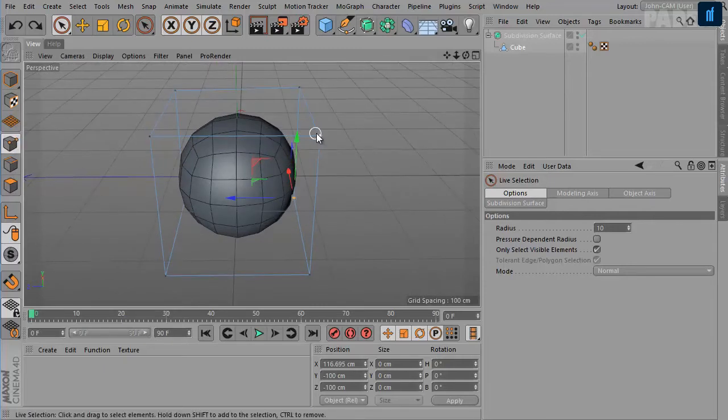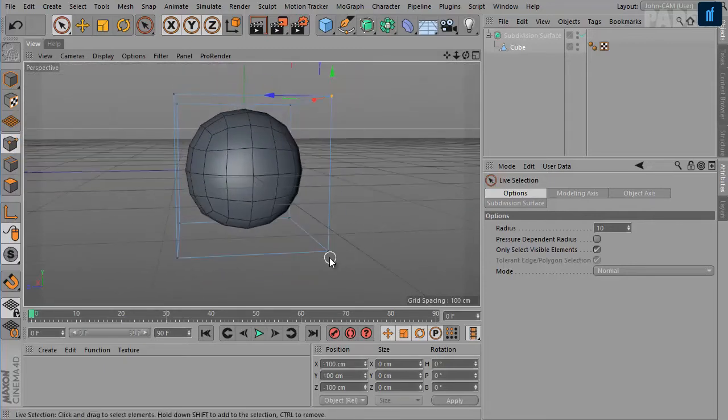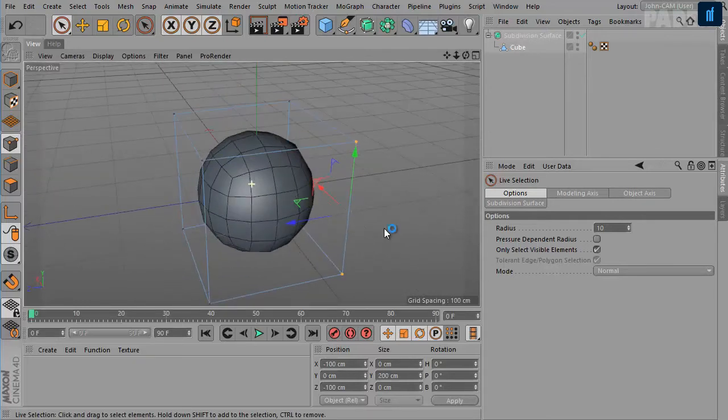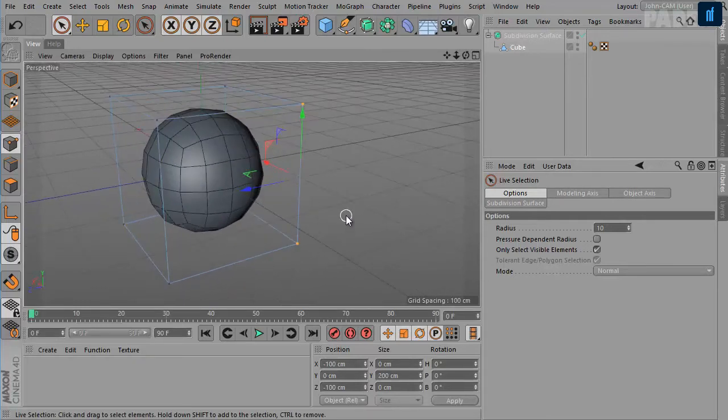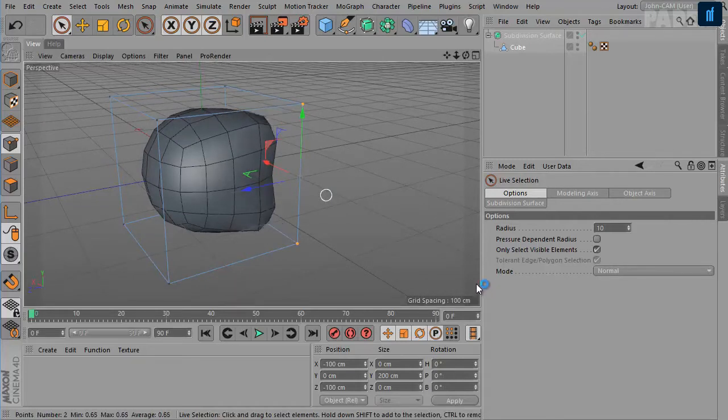So now let's first select this point here and shift select another point. Now hold down the period key and then drag to see interactive weighting in action. Okay, so to weight the selected points, hold down the period key and drag.